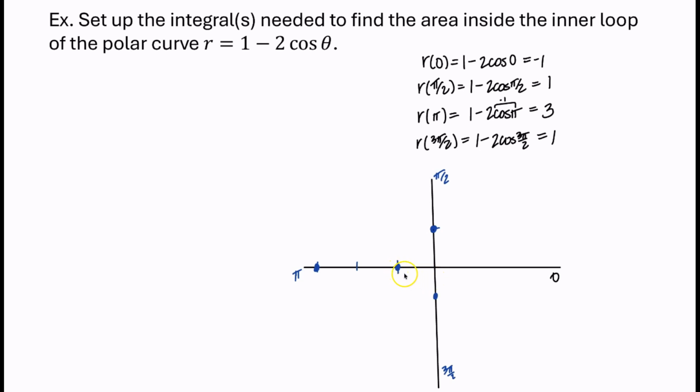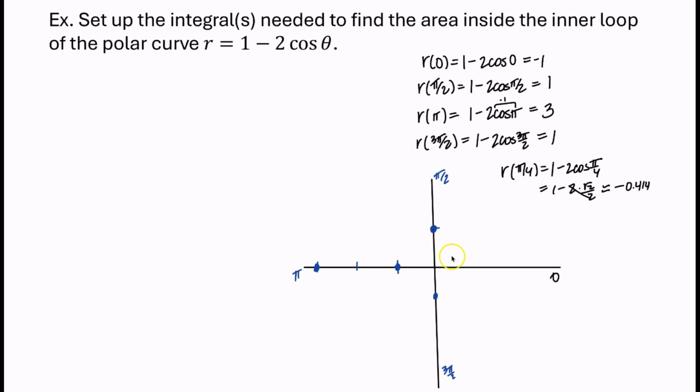I know I'm going to create my little inner loop here, but am I going to go in a clockwise direction or a counterclockwise direction? Another angle that we could plug in to help us determine direction here, because it's unclear, is something like pi over 4. So r of pi over 4 is 1 minus 2 cosine of pi over 4. That's 1 minus 2 rad 2 over 2. Those guys cancel. 1 minus rad 2, because rad 2 is 1.414, is about negative